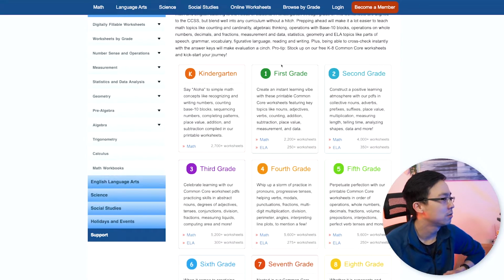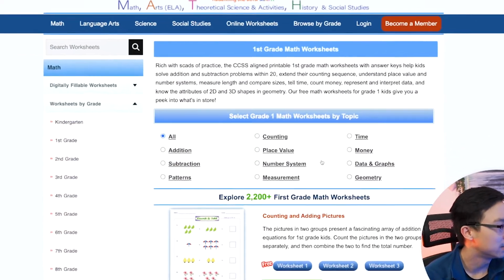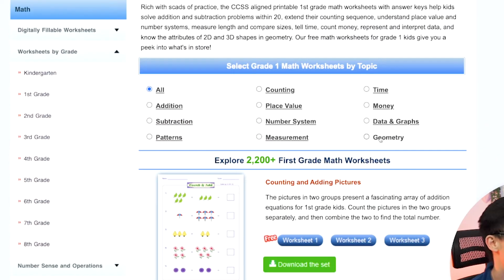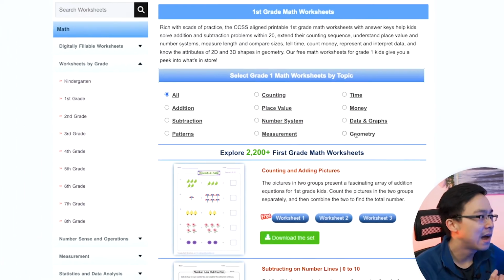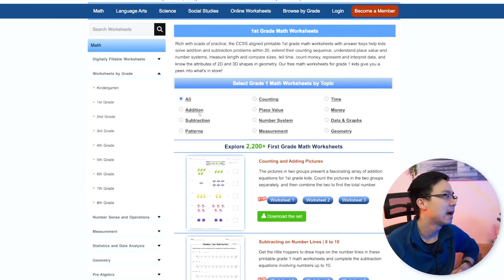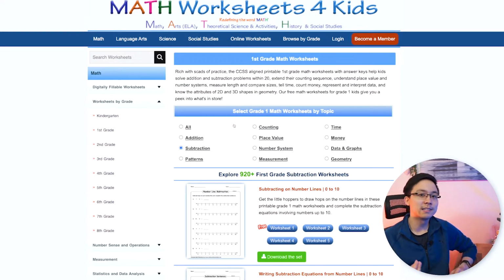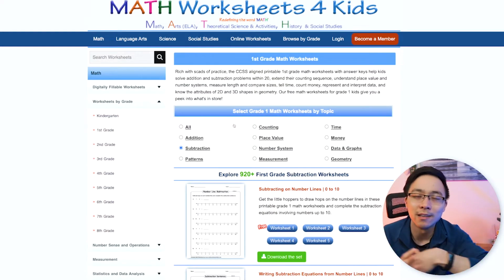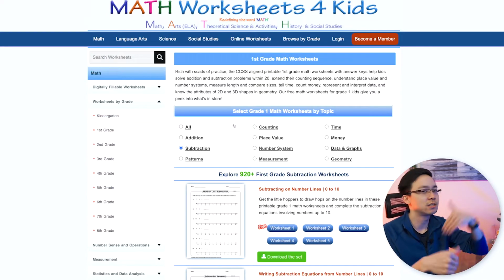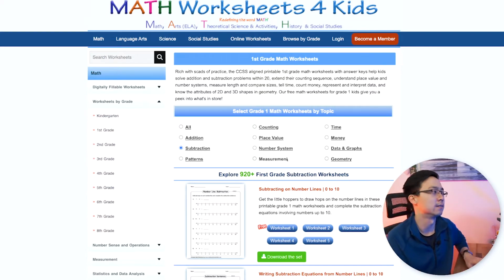And so as we start to go through this site, you can see what they've also done here, being very similar to the first website, in which there are subcategories on things like the first grade math worksheets, or within first grade math, there's addition, subtraction, patterns, etc. So what you'll start to realize is that this is something in which you can create a lot of templates for and just spin out hundreds and hundreds of pages of content. And that's exactly what this website has done, as well as what a ton of these other websites have done.